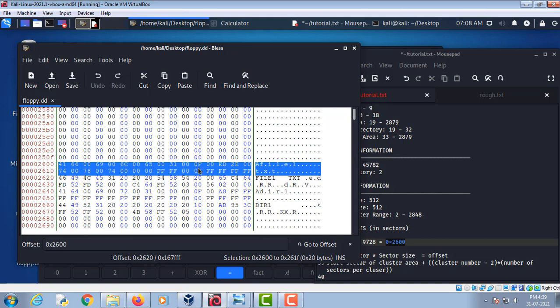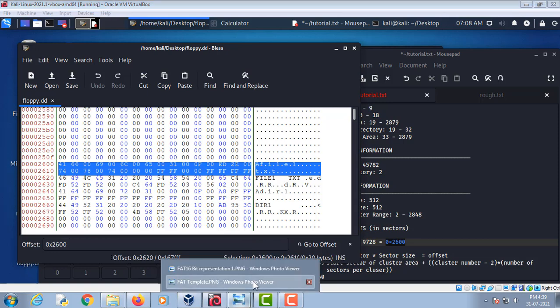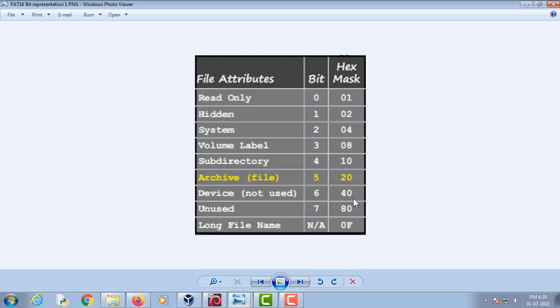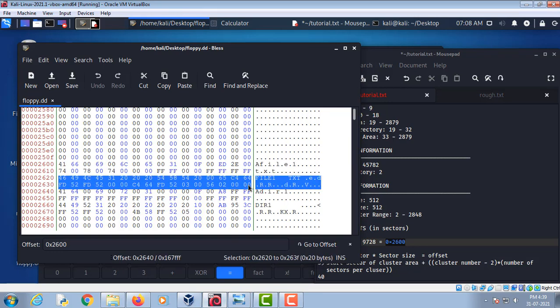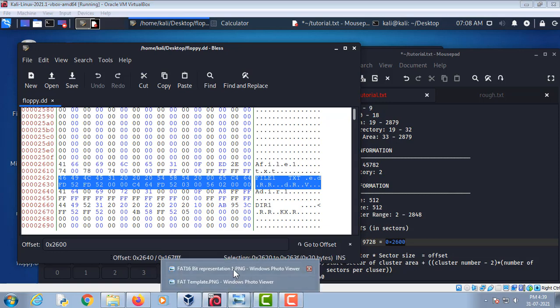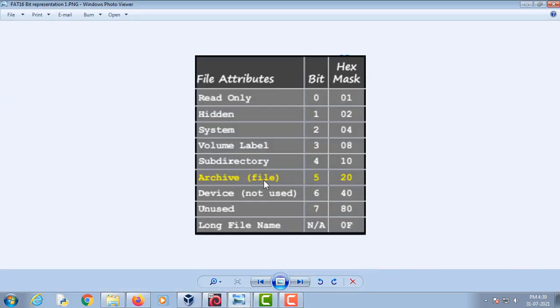So this 0f tells us that this is a subdirectory. Sorry, this is a file. Let me show you the image. 0f means long file name. So this is a long file name, and this 20 byte means it is a file.